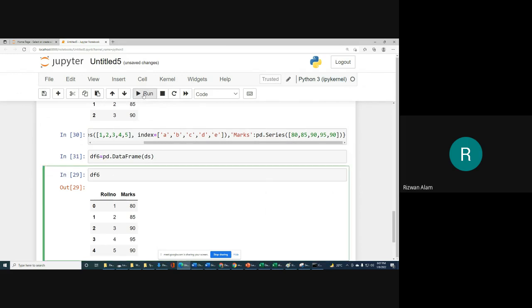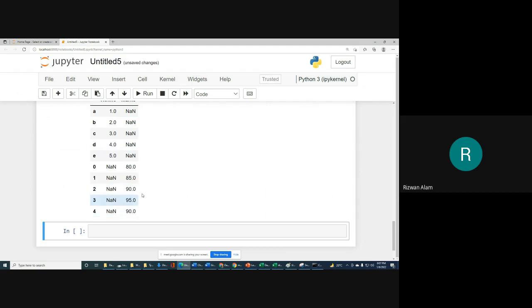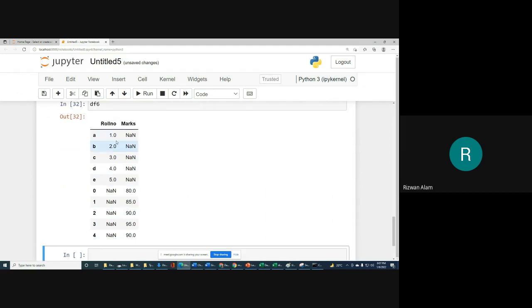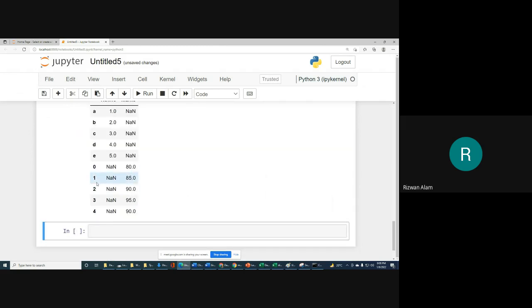Now if you run this df6, let me show you what the issue actually is. For marks, if you are not writing index is equal to ABCDE, it will try to search for ABCDE also, and it will try to search for 0 1 2 3. For 0 1 2 3 it will store values, but for ABCDE it will not get anything.